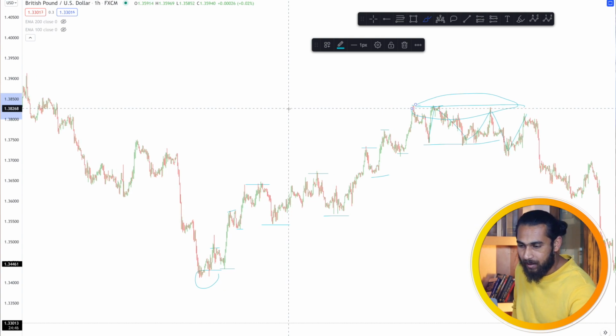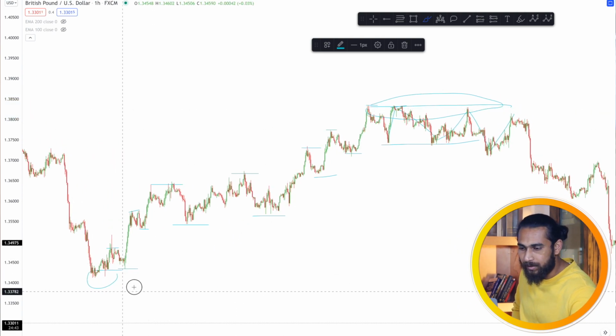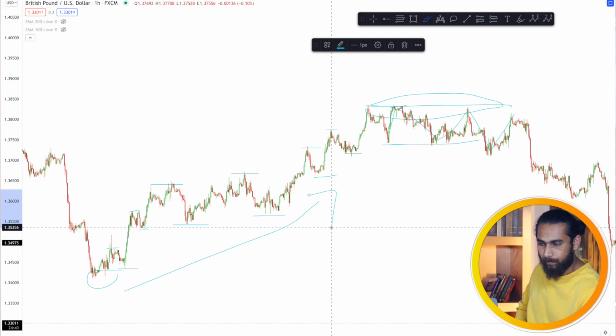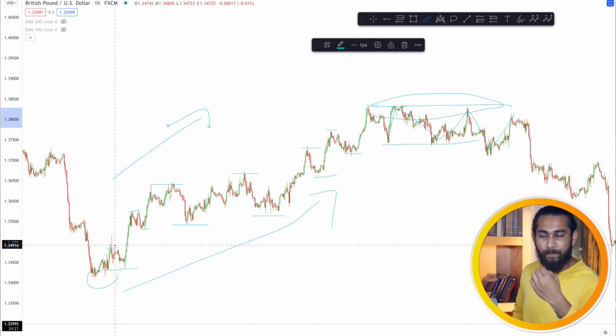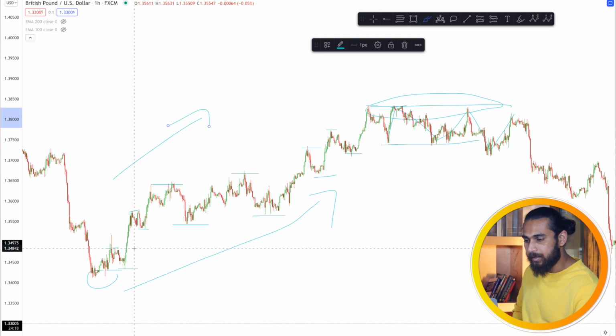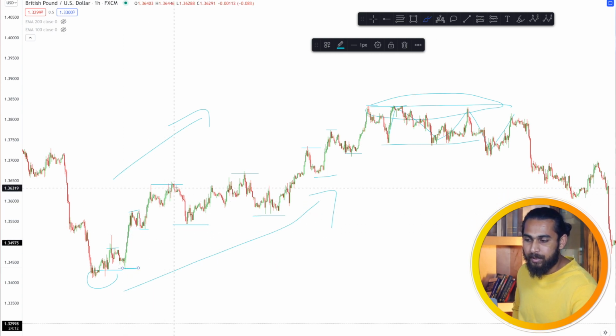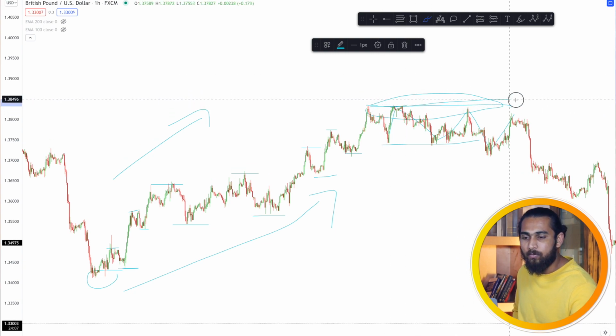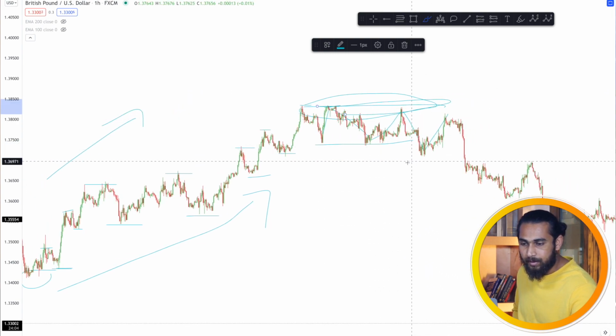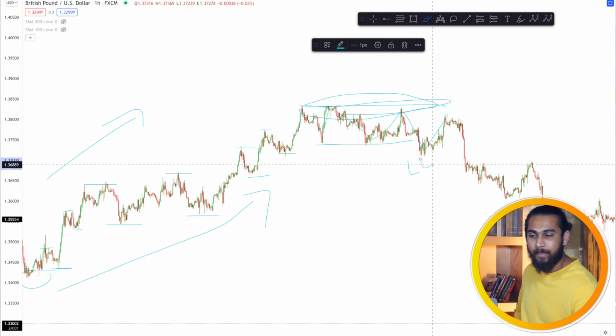How market structure helps us is, first of all, it helps us to find the direction of the market like we did over here. And then how do we know if the trend is going to change? So usually what happens is, when there is an uptrend, the price continuously creates higher highs and higher lows. Like it happened over here, the price created higher highs and higher lows. But when the price is not able to create any new higher highs and it creates a lower low instead, then it tells us that there is a momentum shift in the market, and that the market can now move down, like it happened over here.